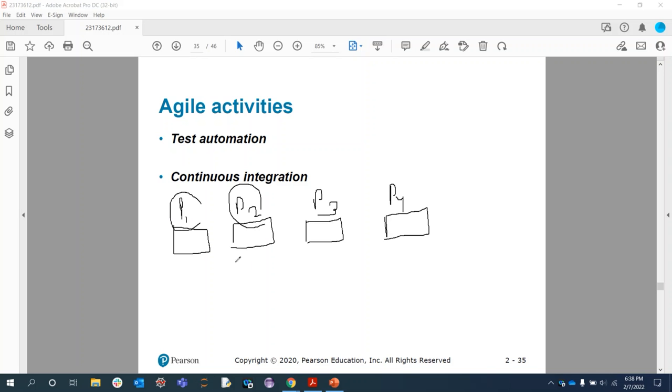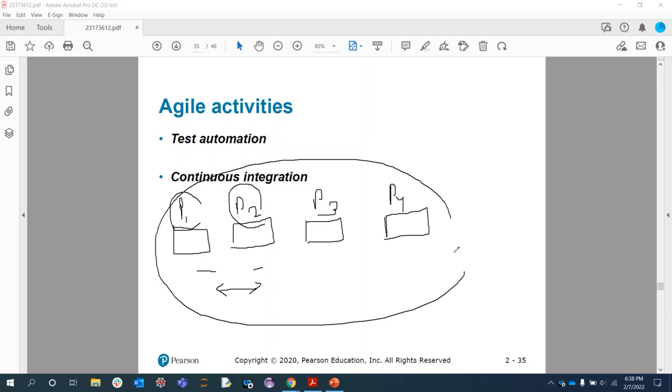In each sprint, let's say these two are first developed, they are supposed to be continually integrated together in order to see whether the whole system is working fine as expected or not. Hope it makes sense to you. Each time a product increment is developed through each sprint cycle, it is supposed to be continually integrated, just to make sure that everything is fine. Otherwise,